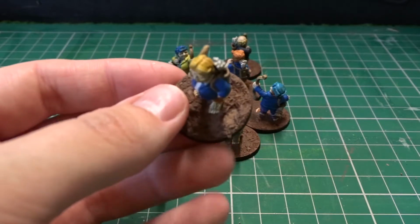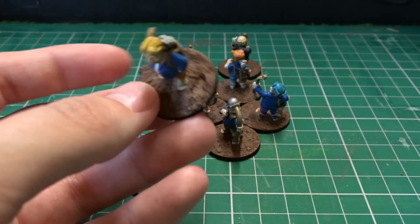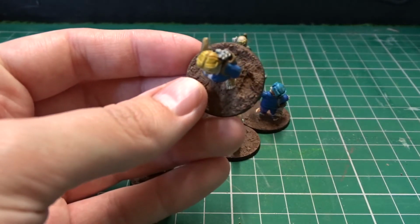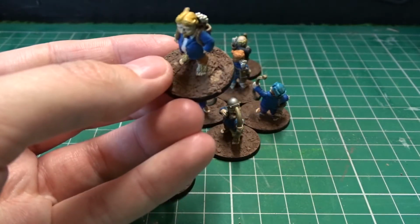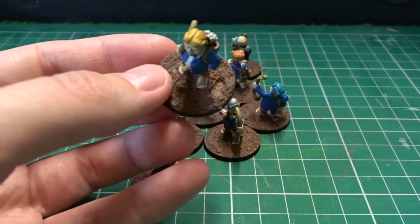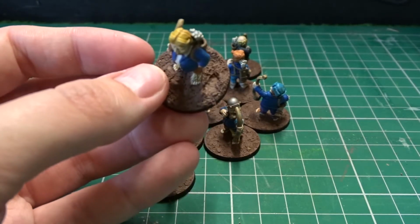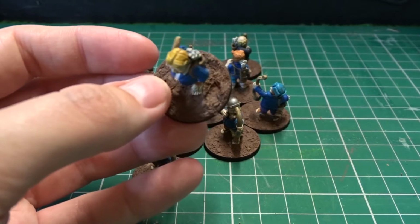Okay guys, so I have let my archers dry, all the texture is dry, as you can see. What I did do is, if you notice with this guy, he's got a little hole in the base from the texture. What I did is I dug out a little